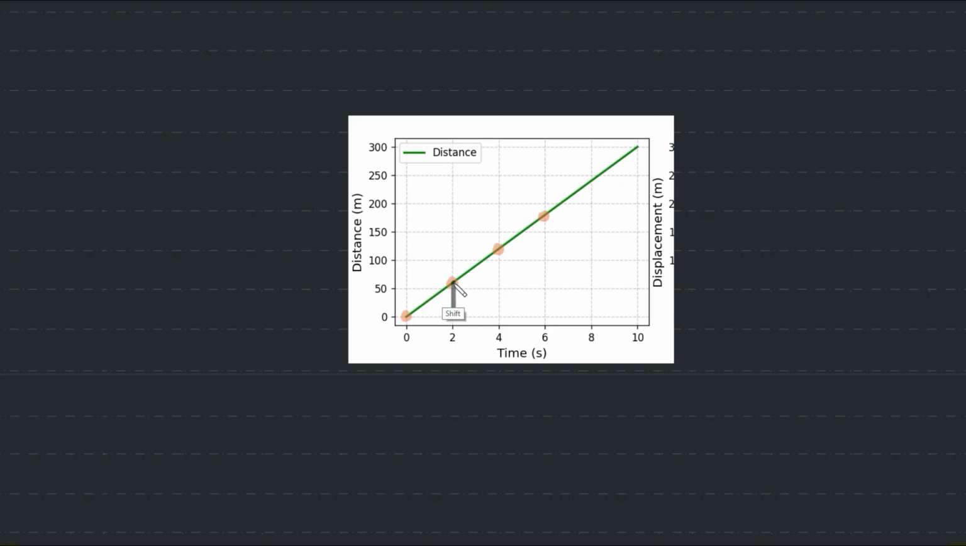So at 2 seconds, we have the object to be over here, around 60. At the 4th second, we have the object to be around 120. Not an exact value, but it's good for discussion. This will be at around 180. Can you see that? So everywhere here, the distance covered is